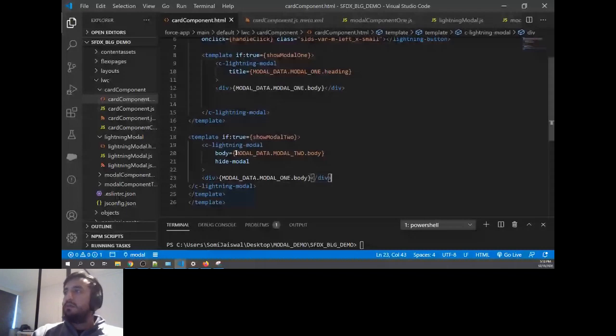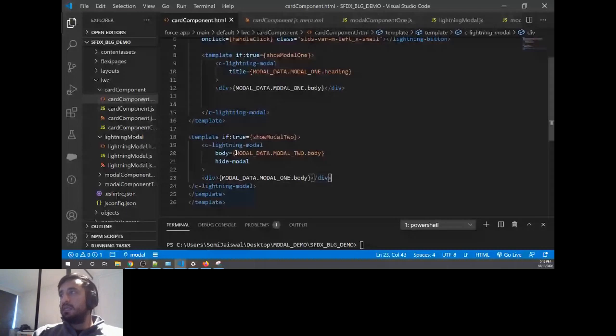I'll remove the body tag. I'll keep the title here, and in the second modal, I don't want the header. Now I'll remove this body tag. We are not going to use it anymore. So I'm expecting the modal to send the ID every time.